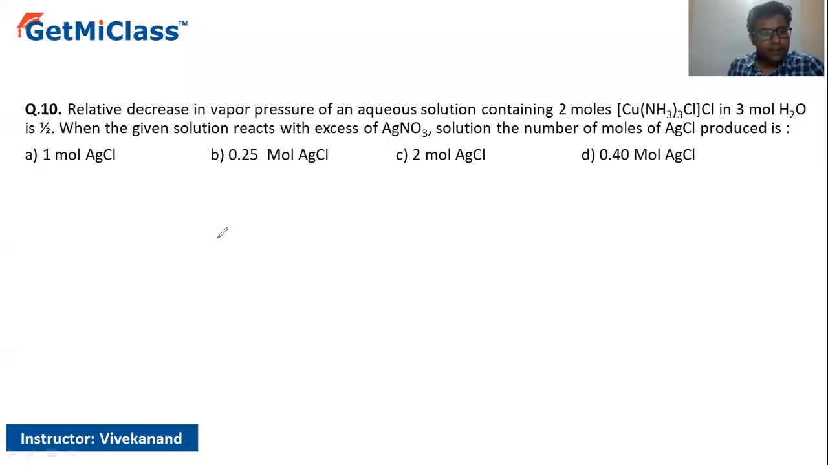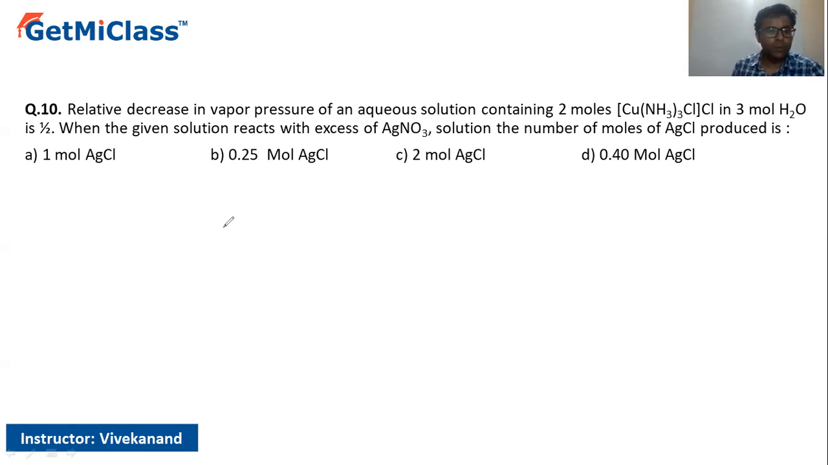Question number 10: the relative decrease in the vapor pressure of an aqueous solution containing 2 moles of a coordination compound, [Cu(NH3)3Cl]Cl, in 3 moles of H2O is half. When the given solution reacts with excess AgNO3, the number of moles of AgCl produced is: